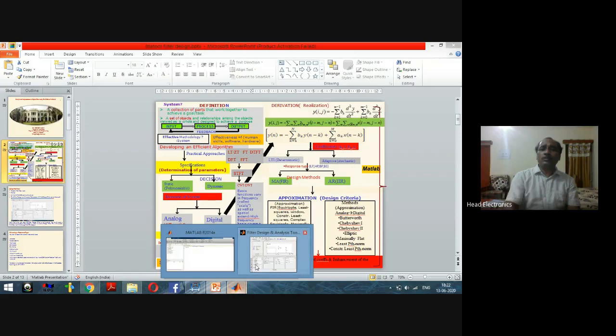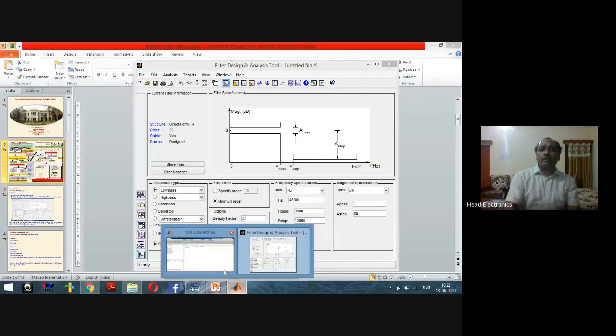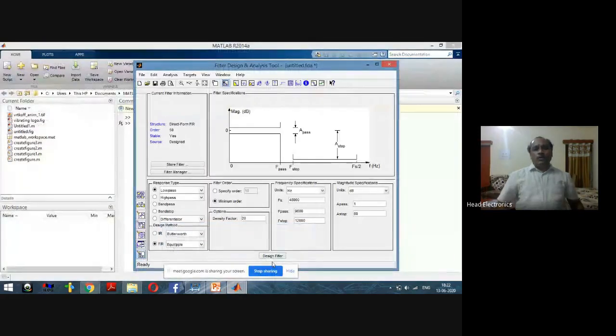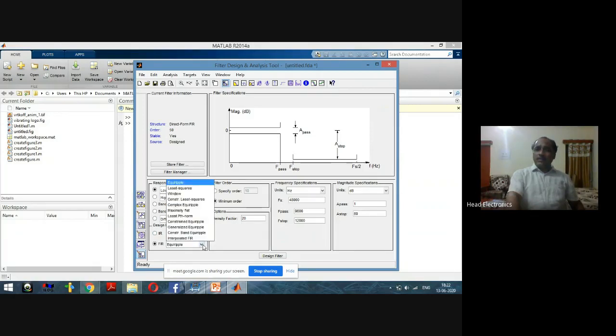Again, coming to the FDA tool dialog box, we have to select one type of design method, whether the IIR filter or the FIR filter, and then we have to select the approximation type.